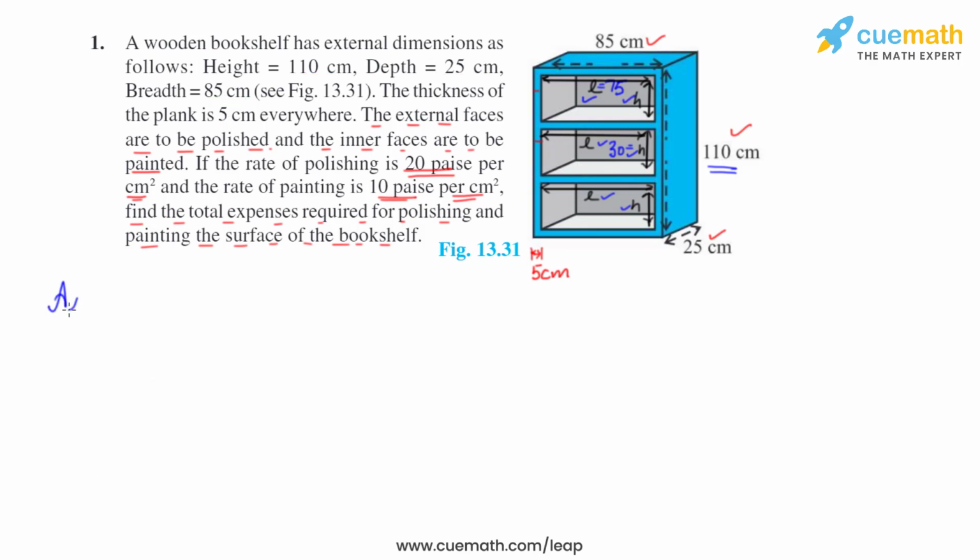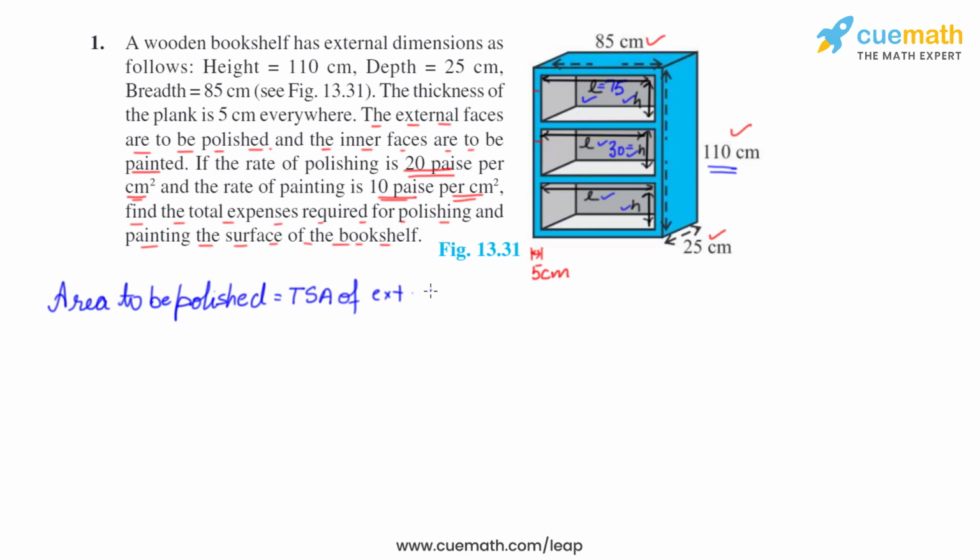So the area to be polished is the external faces area. It means we can find the total surface area of this bookshelf, and from that we can subtract the area of these inner faces which are open. So it means total surface area of